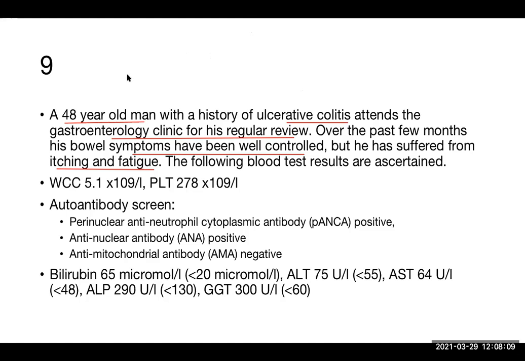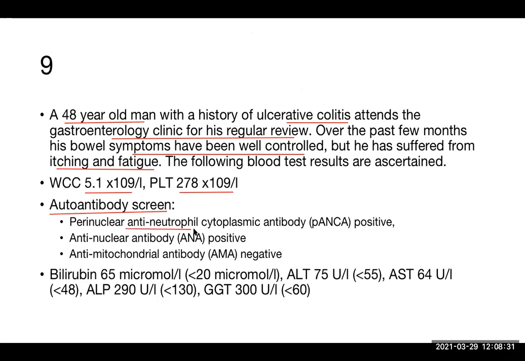WBC is normal, 4 to 11, and platelet is 150 to 450 is normal. Fine, absolutely correct. So WBC count 4,000 to 11,000 normal, and platelet count 150 to 400,000 is normal. So fine. Autoantibody screening was done, and it shows